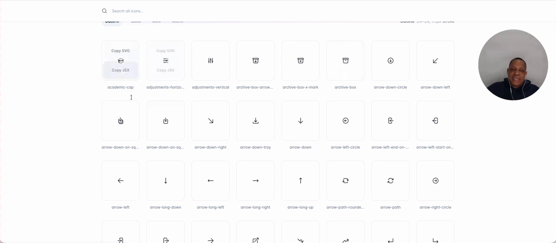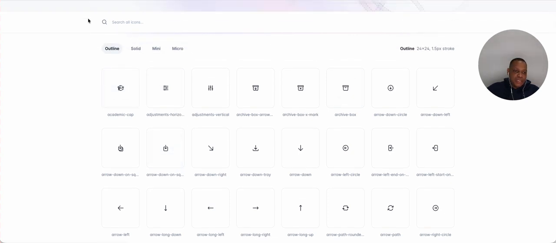When you're designing on solid or outline, look at this, right? The outline has no fill color on the inside. What does it have? Only the outlines, a stroke, right? That's what it means. So outline is just stroke, and then the solid is just